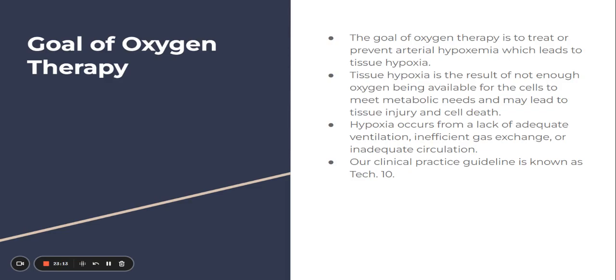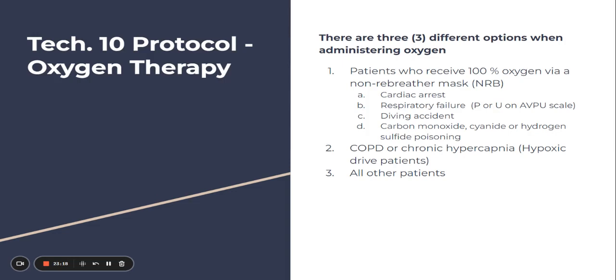And our clinical practice guideline, our PICTAP protocol, is known as Tech 10. So let's go through Tech 10. Tech 10 has actually just recently changed. It's gotten a lot more simple, and it's actually in line with standards of care across other healthcare professions. So there's 3 different options when administering oxygen. It makes it very simple. We're either going to give 100% oxygen via a non-rebreather mask, or what's called an NRB, to these 4 instances: a patient in cardiac arrest, a patient in respiratory failure, and they're at pain or unconscious on the AVPU scale,